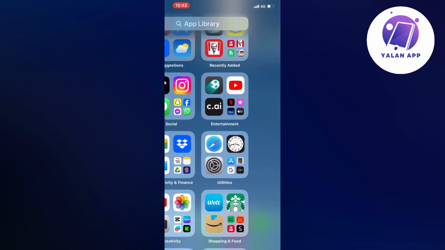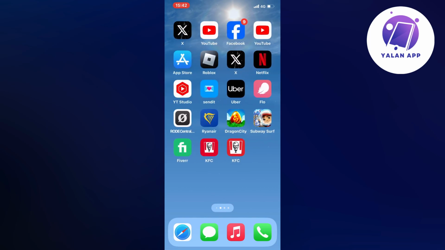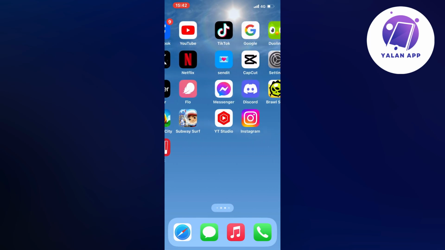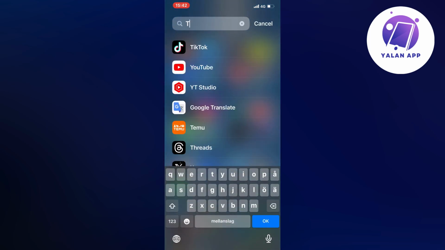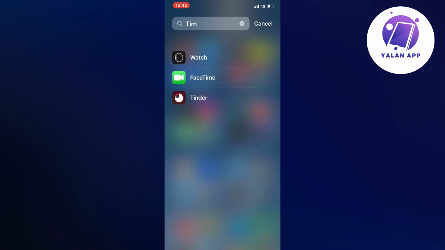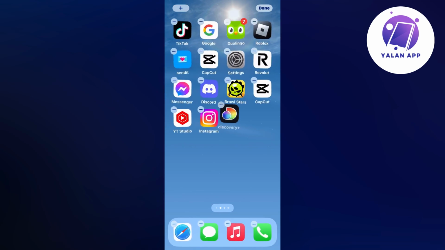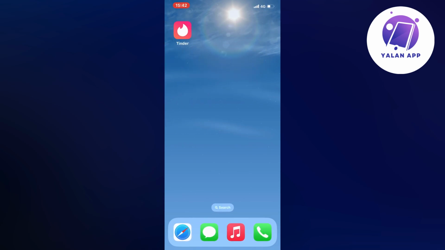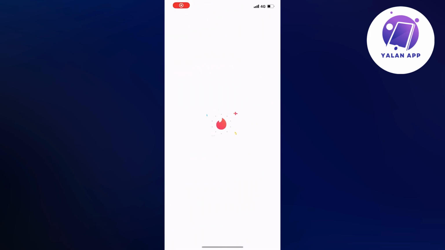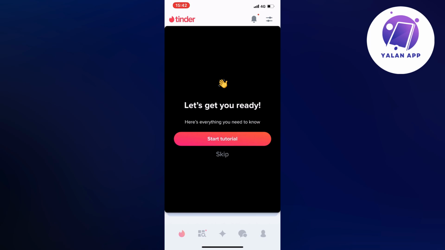But what will happen now is that I'm just going to close this window right here. Let's see if I can find the Tinder app. Just a second. I'm going to search for it right here. As you can see, it's basically re-updating right here. I'm just going to move it right here, and perfect. As you can see, my Tinder app has now been updated, so I'm just going to click on it once again. I should now be taken here, as you can see, and now what you're going to do is to